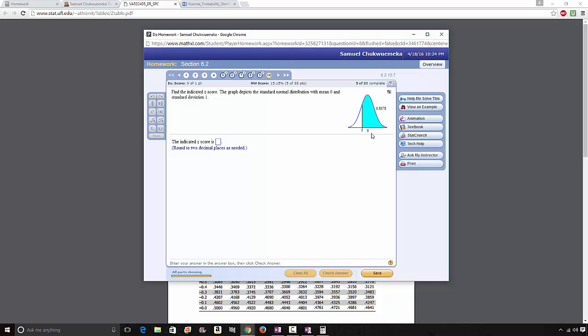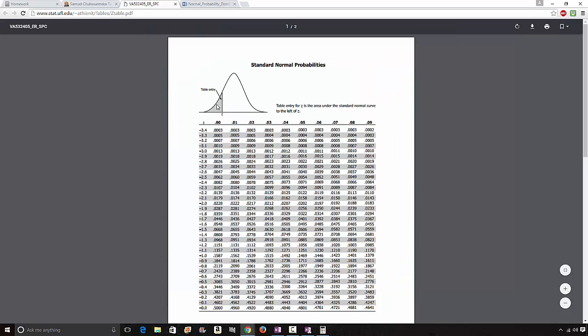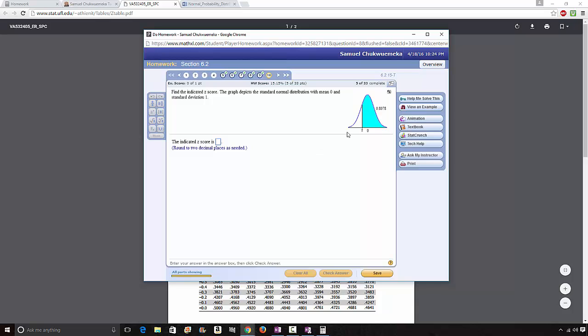So they gave us area to the right, but we are using a table where the area is to the left. So what we can do is we subtract this from 1